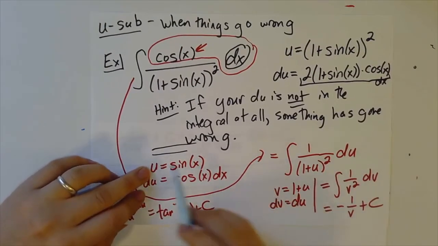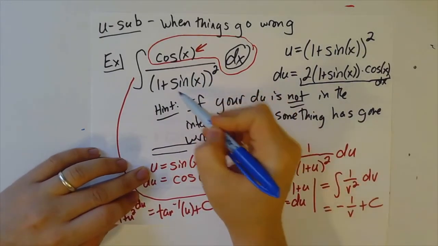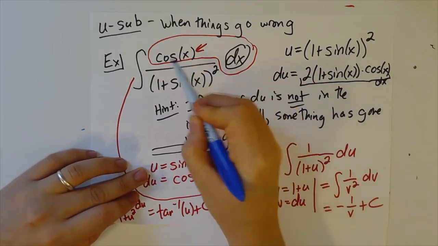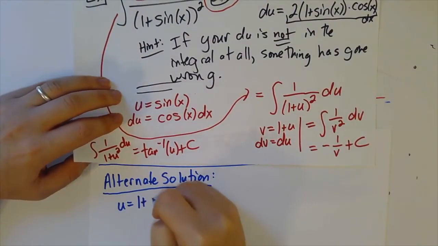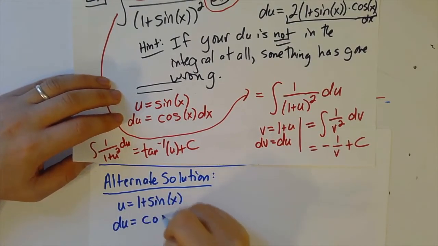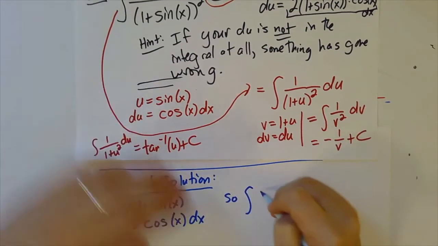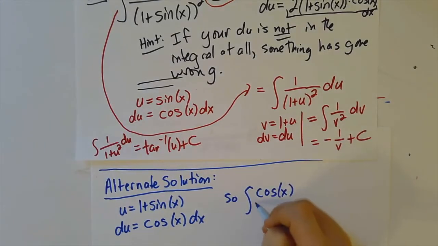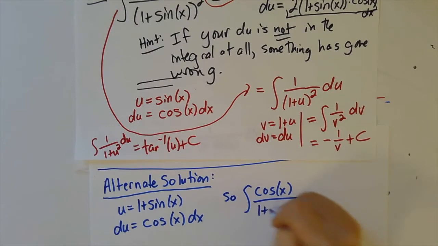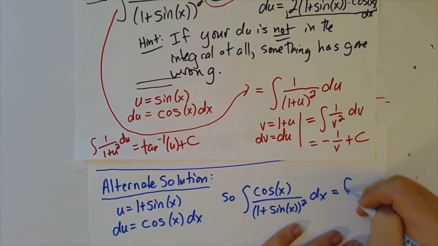So instead of going for u equals sine of x here at the beginning, I could have realized that instead of just sine of x by itself, I could actually take u to be 1 plus sine of x. So then du still leaves cosine of x dx. So the integral of cosine of x over 1 plus sine of x squared dx, that's the integral we're working on, becomes just immediately the integral of 1 over u squared du,